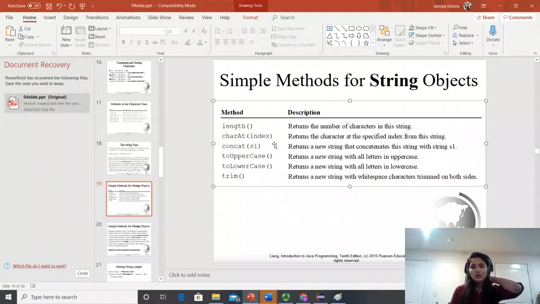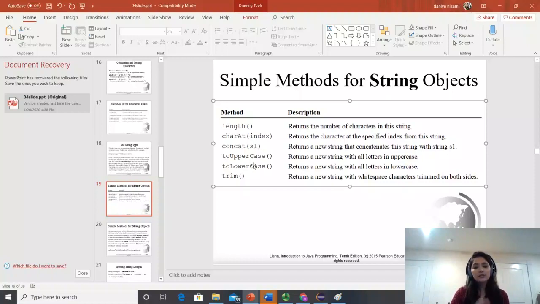You need to focus on how indexes work, because indexes are not just with strings. They go a long way to arrays, ArrayList, all the way over in Java too. Concat is short for concatenate, where you are just combining two strings. It's quite similar to the plus operator you use with strings, which you have seen in expressions as well. You're combining two strings, or concatenating any number, like plus 1, plus 2, any integers after or before the string, and it becomes a string.